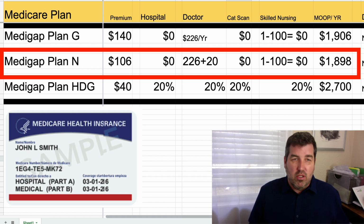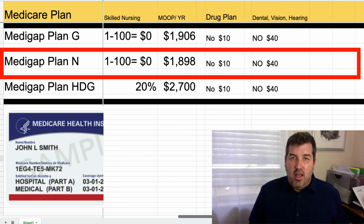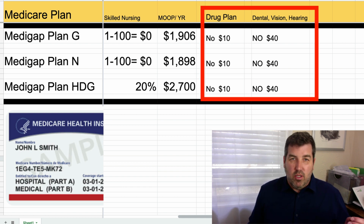I just see most of the people that contact me are looking for G, or they're looking for a high deductible G. But Plan N is a very good plan, and I have a video that says the only 3 plans that I would get on Medicare, and they're on the screen right now. Once again, with the Plan N, it does not cover a drug plan or dental, vision, and hearing, just like